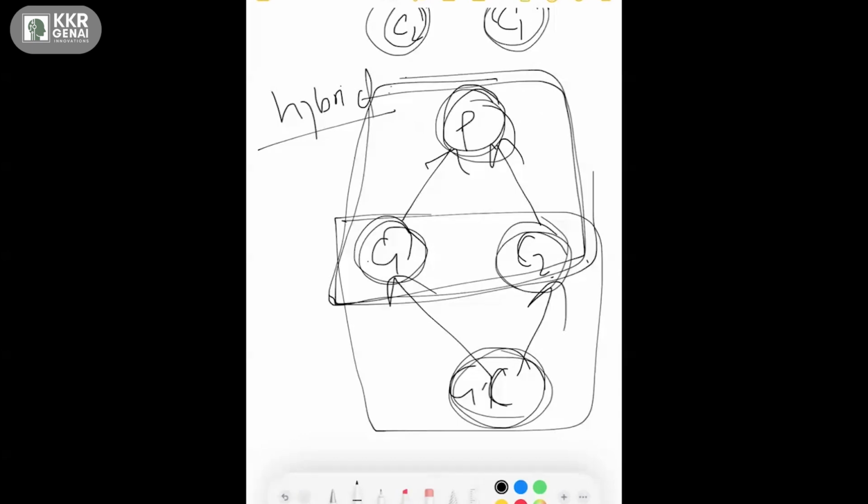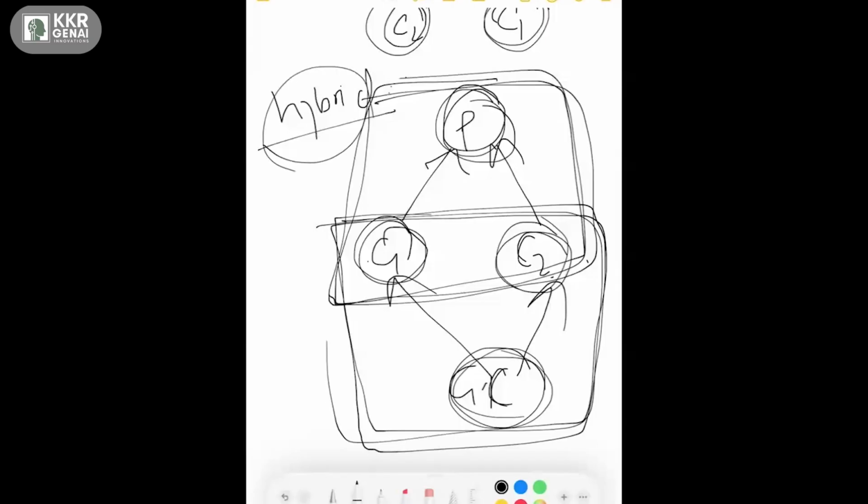Here I'm combining hierarchical inheritance with the multiple inheritance. That is the reason why it is called hybrid inheritance. Is hybrid inheritance possible in Java? Sorry, is it possible in Python? Yes. How is it possible is, let's say if there is any conflict, let's say if M1 and M1 are methods that are present in both C1 and C2, then Python internally uses MRO and then it resolves that issue actually.